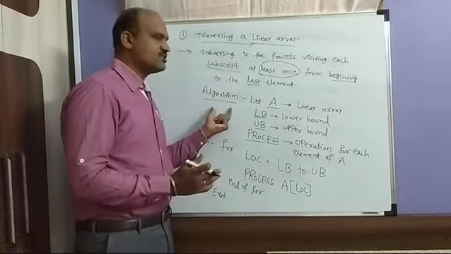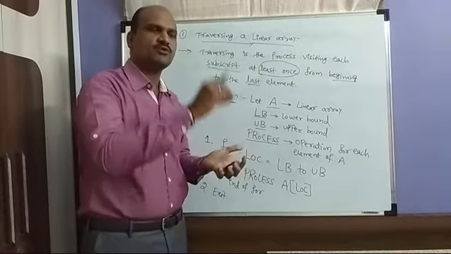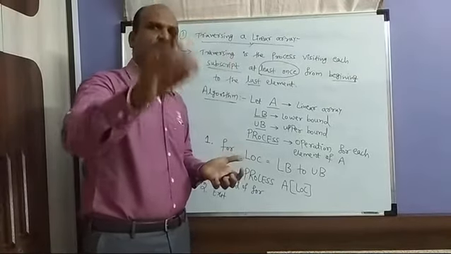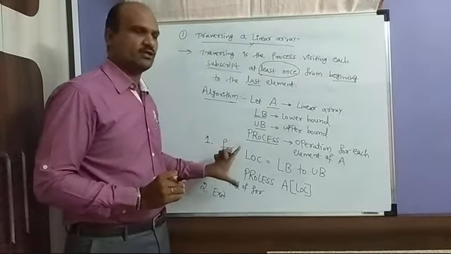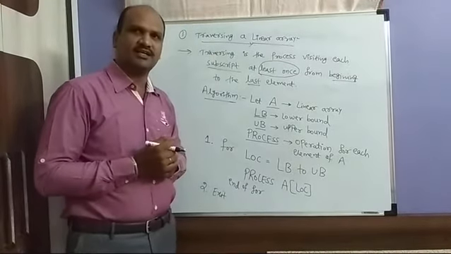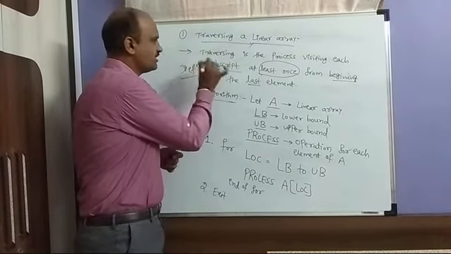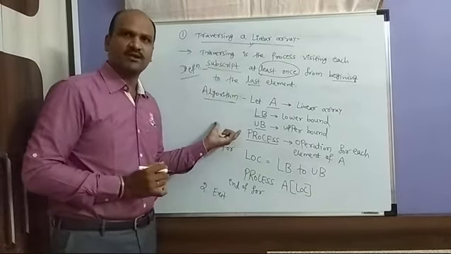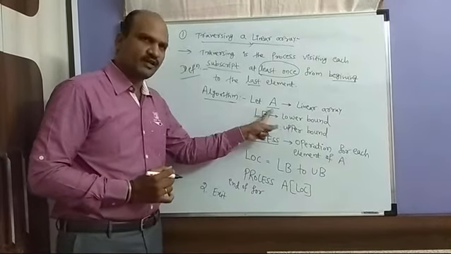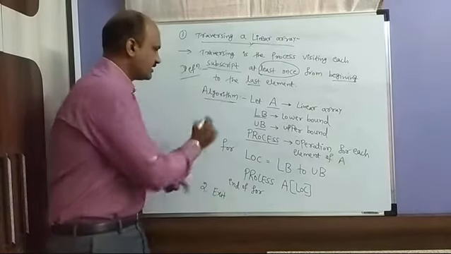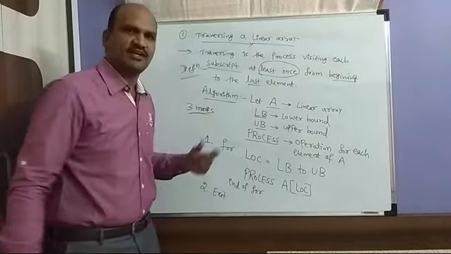It is very simple. In the traversing algorithm, each element has to be traversed. Each element has to be visited, at least once. This is a simple algorithm for traversing a linear array. This is the definition. If they ask you the algorithm, you should first write what are the things you need, then write these 2 steps. And it will be a 3 marks question for PUC second year.